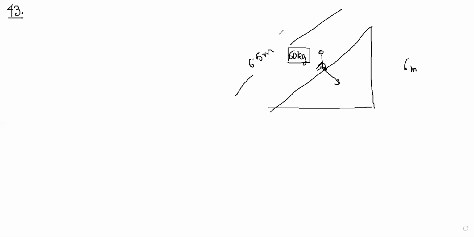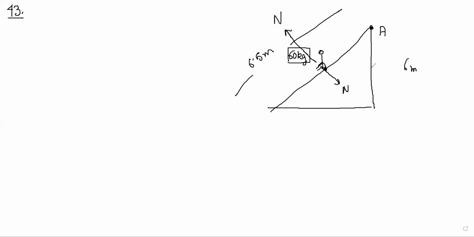Okay, so force exerted by man on the ladder will be like this, right? Because normal force will be like this for him, right? Normal force on the man would be like this. So I will say force by man on the ladder is like this, right? So we have to find torque of N about this point A, right? So basically you have to find the torque, right?